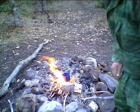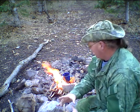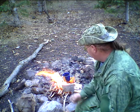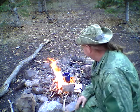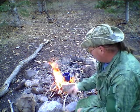Then when it's going really good, like I said, make sure you've got some gloves, or if you bring a pair of pliers along, you'll be surprised what they're good for. Get some gloves, set it into your fire pit, and then start building. Start with smaller twigs like you can see right here, and go a little bit more. Right now I'm heating up some water for some instant coffee. But anyway, this little unit right here that I was showing you in the first part of my